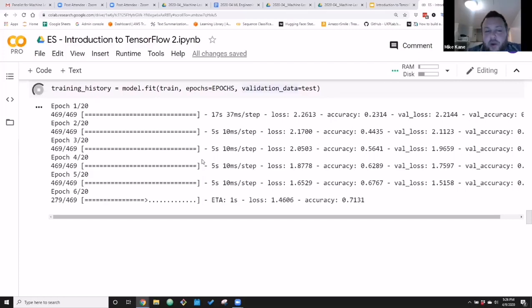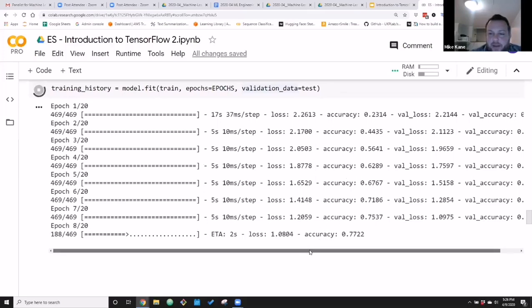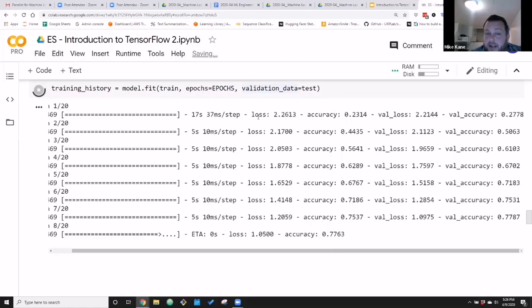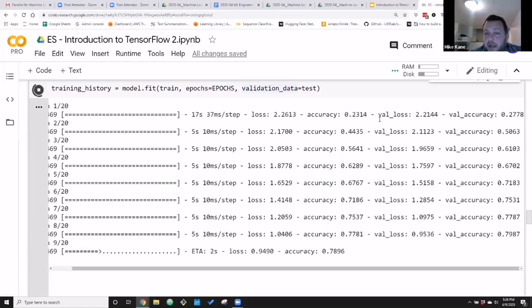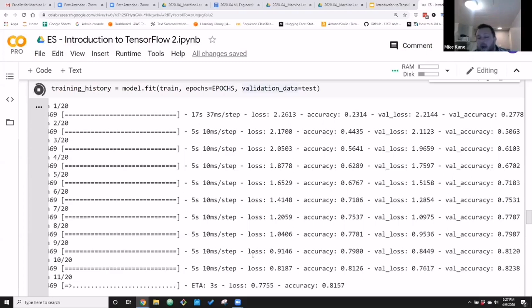Now, what are we looking at as we're seeing this here? Okay, we're getting 4 statistics back here. Let me move this way so you can see it a bit. We're getting loss, accuracy, val loss, and val accuracy. Now remember we had a training set and a testing set. A training set, this is the stuff that the model is actually learning for.